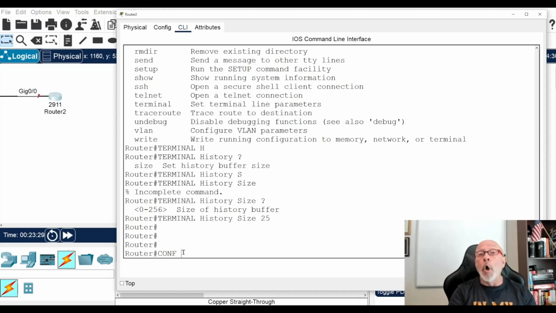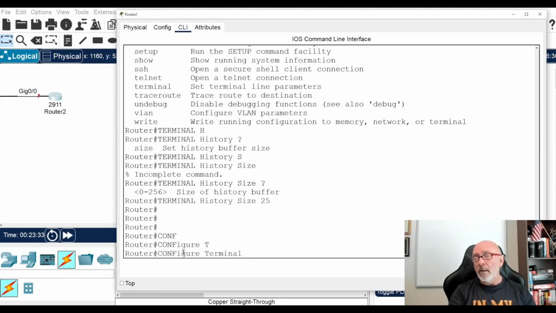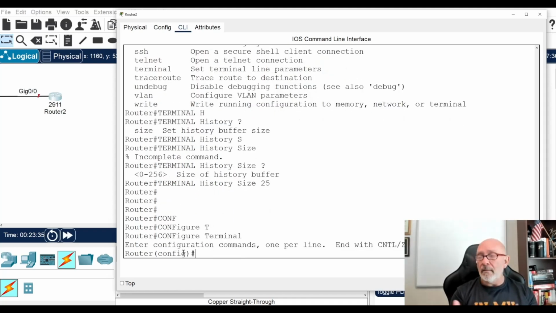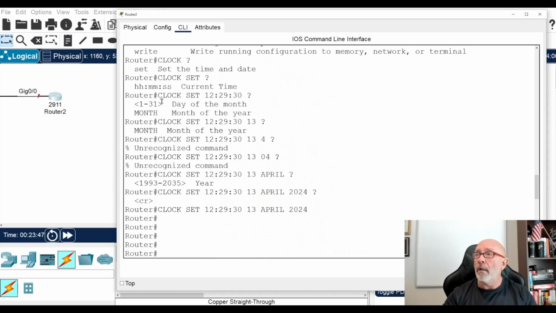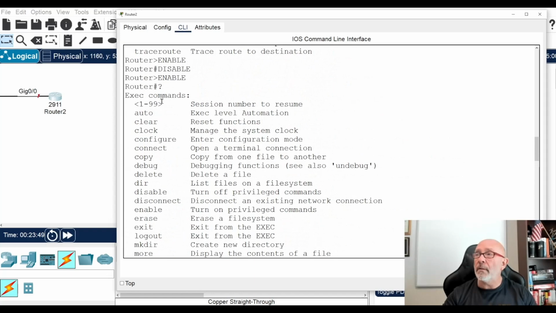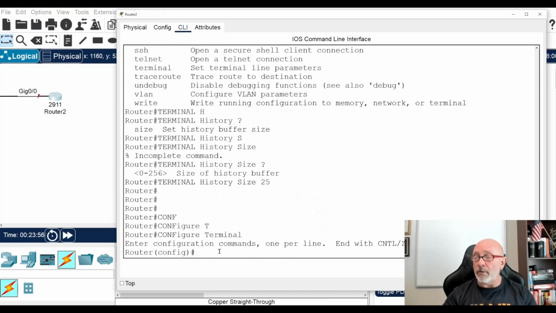Then we go to global configuration, which is, I'm going to just type it out, configure terminal. All right, config T. This is your global. This is what you need to be paying attention to. This is what's changing. All right, this is global configuration. This is enable mode. This is up here. We have, let's go back up here. User mode, right? So in global configuration, one of the things that I like to do first is give the